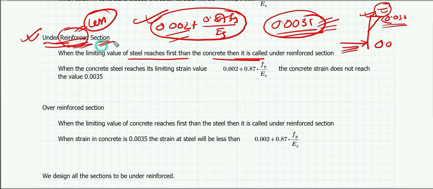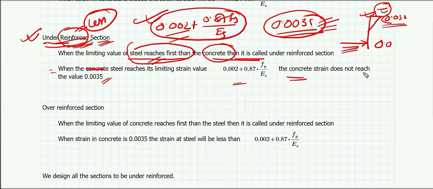Here reinforcement is less, that is why steel is yielding, not the concrete. So when the steel reaches its limiting value, the concrete strain does not reach the value